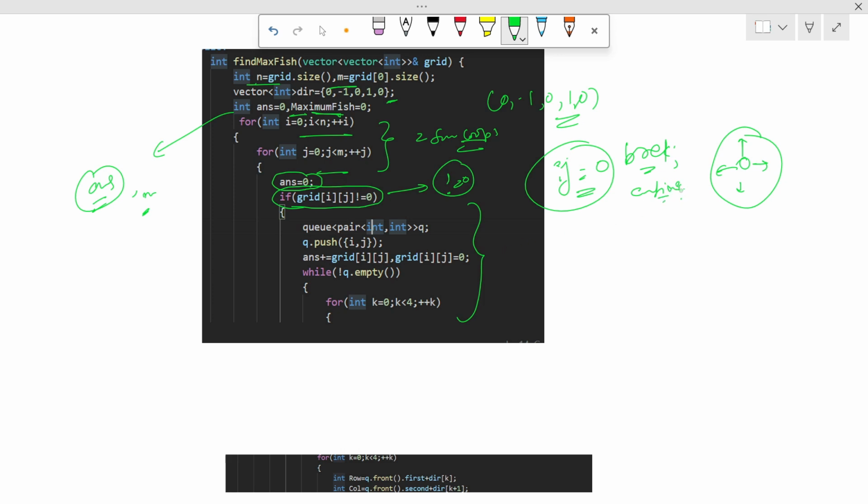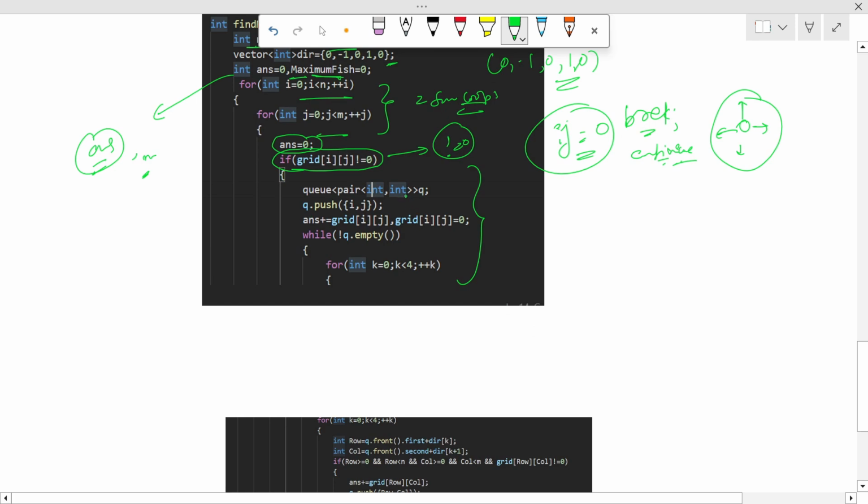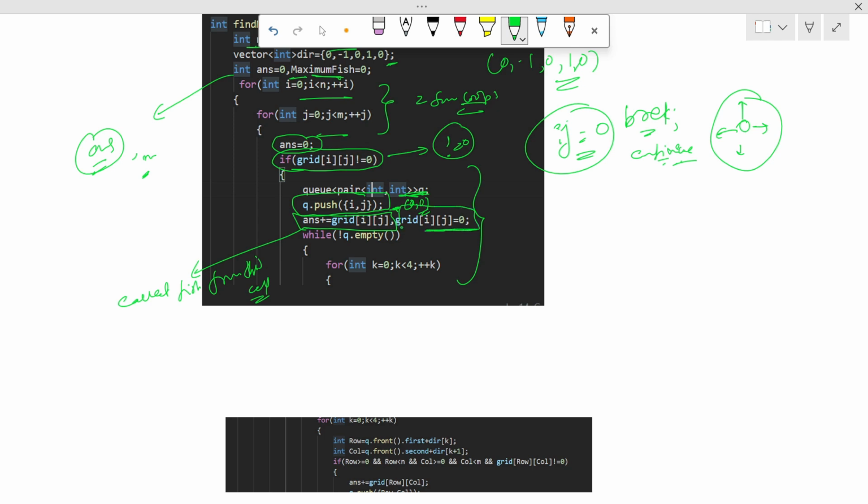Okay, and then we create a queue of pair int comma int, and this is initialized for our BFS. We do q dot push of i comma j, starting BFS from this cell. Here we have to collect fish from this initial cell, and then mark it as visited. We cannot track again